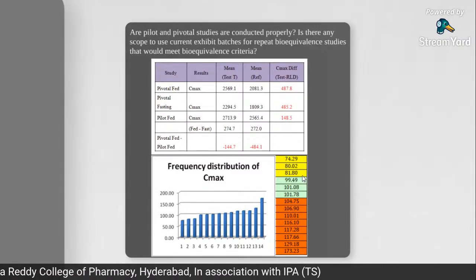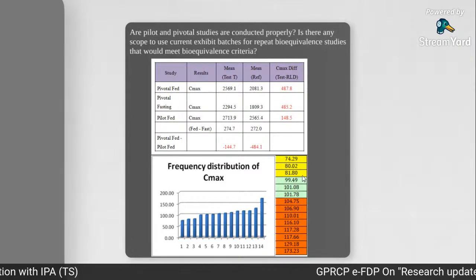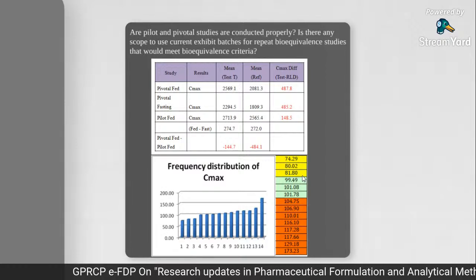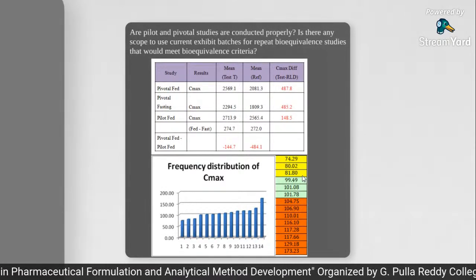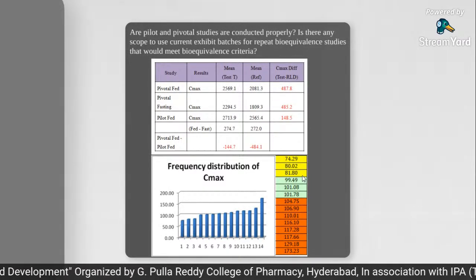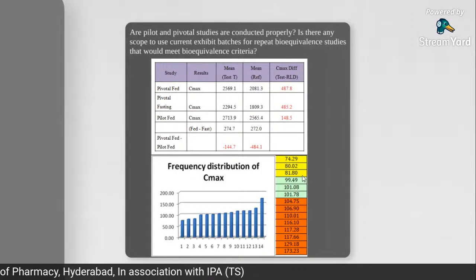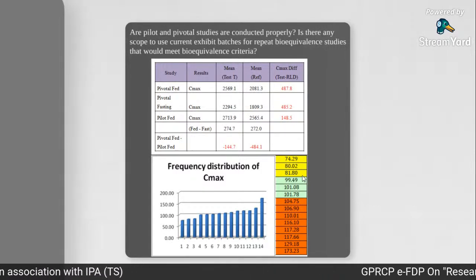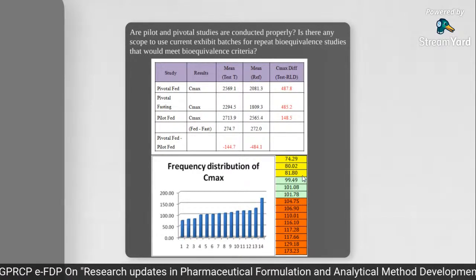If we had done this statistical distribution and comparison, we would not have gone for the pivotal. These three subjects misled us. They were the culprits for getting 105 as the average T by R ratio. So accordingly, we increased the number of subjects, and when we repeated, we got 133, because upon repetition this kind of performance was not there in the 45 subjects. These three are the culprits. Because of these three people, the overall Cmax value came down.